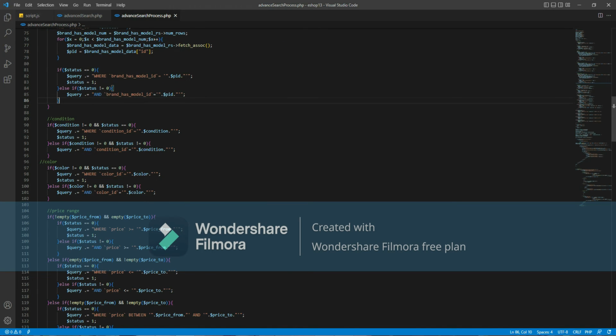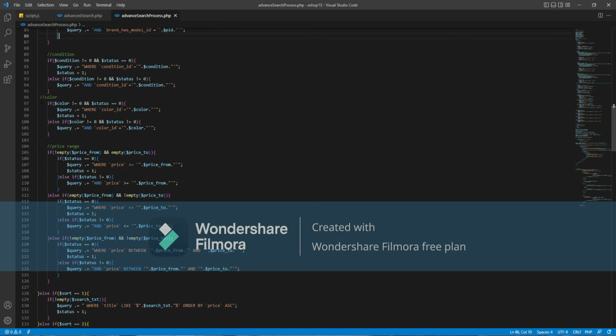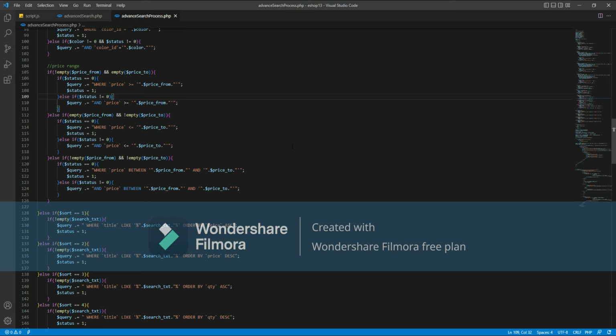Similarly, we have for condition, if a condition has been selected and nothing else has been selected, then this part will be added to $query and $status will be equal to 1. Otherwise, this part will be added to $query. Similarly, for color. And lastly, for price range, we have separate if conditions for when price from is given and